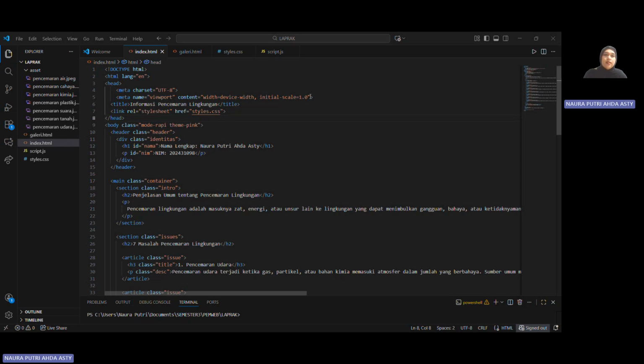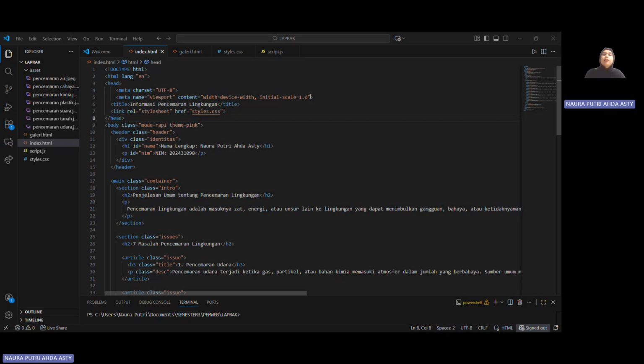In the first line, there's the doctype HTML, which tells the browser that we are using HTML. The second one is the html lang attribute, which tells us the language we are using is English. The next one is the head section, which has the meta charset, meta name, and the title that will appear on the browser tab, which is Informasi Pencemaran Lingkungan.